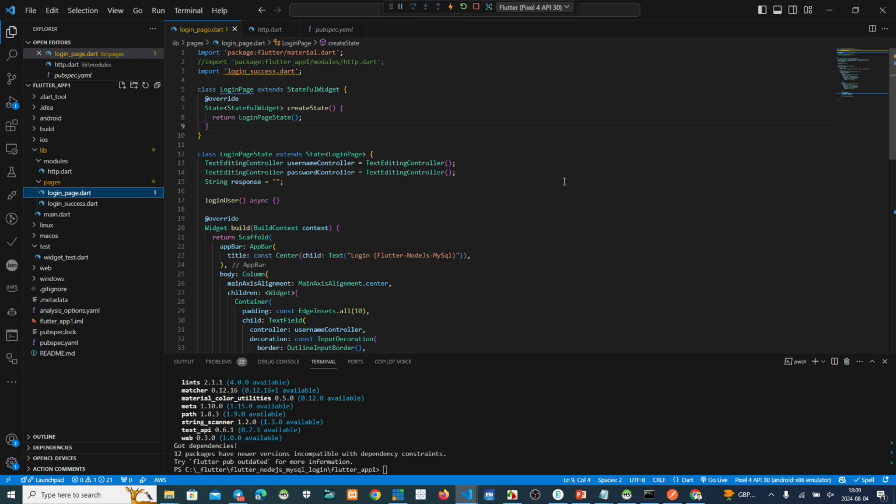Okay, now in this login page, we make a function named login user, an asynchronous function.